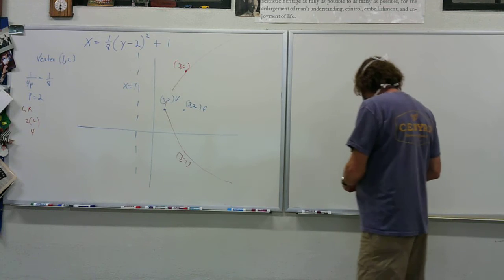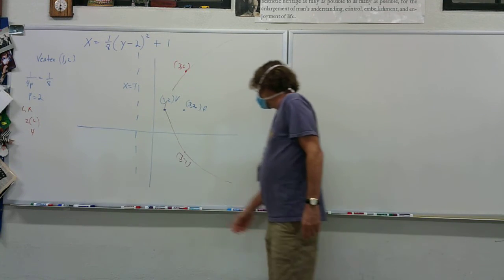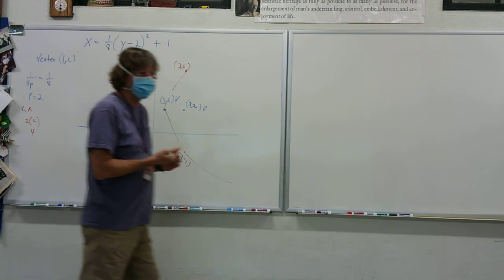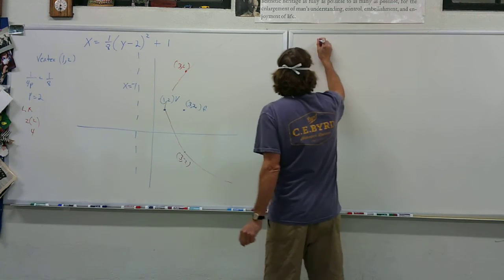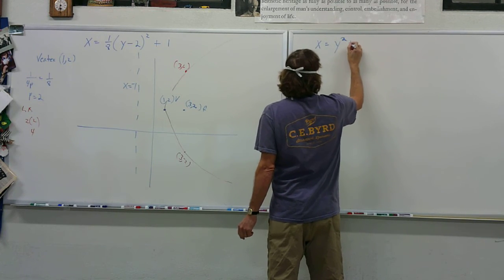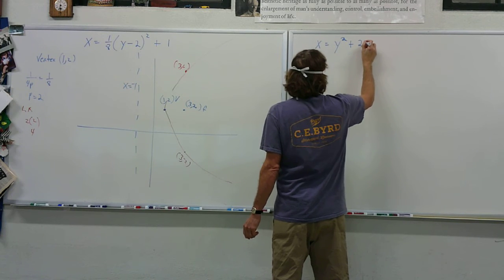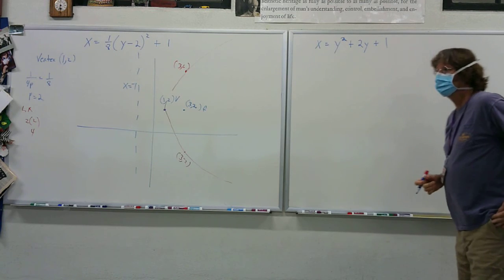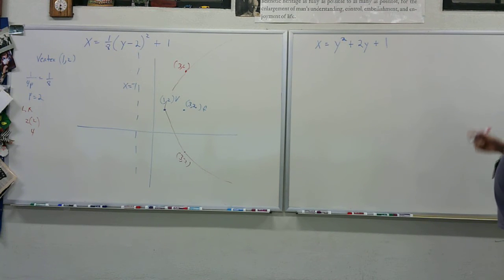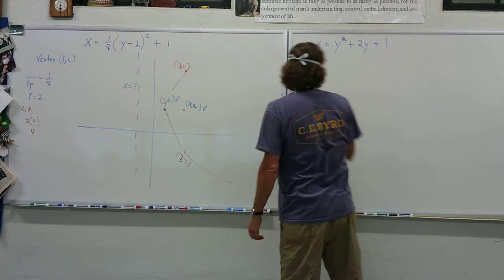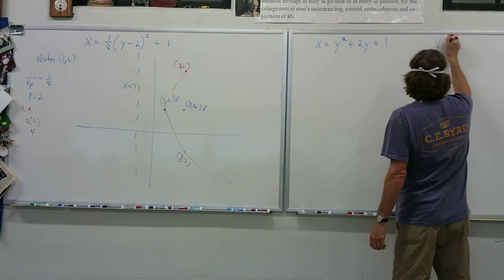All right, next problem. Here we go. On the next one, you're going to get the answer to your question about all the bad little p values. X equals y squared plus 2y plus 1. I think this is kind of fun. Now, minus b over 2a. Just remember, I'll put the work over here. Vertex. Minus b